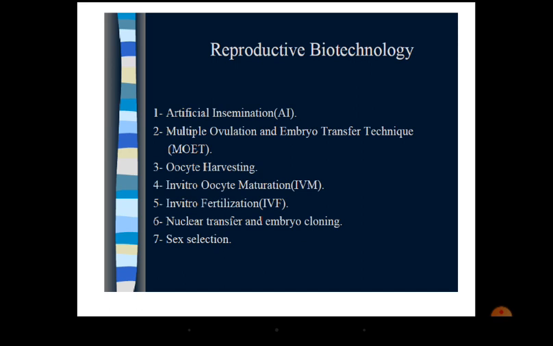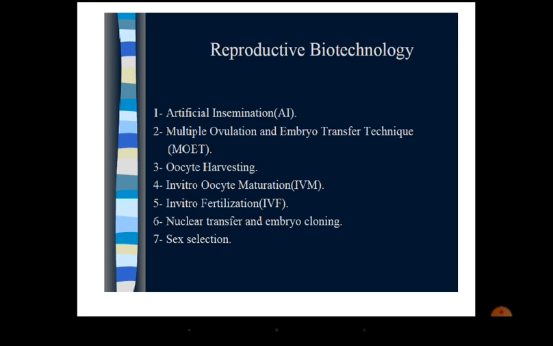Then the other techniques are nuclear transfer and embryo cloning. These are again the same. We will elaborate on one of these points in the next slide. And then we have sex selection. Now I think that has also come into the picture. Some of you, if you are alert, might have even seen that BAIF and even the Department of Animal Husbandry in Karnataka are supplying sexed semen.